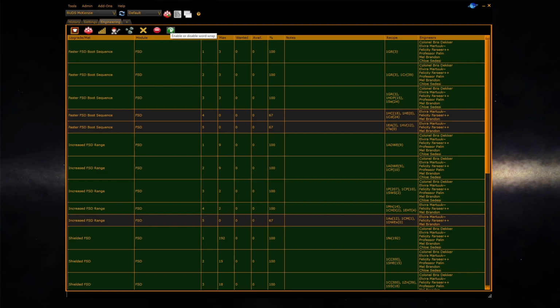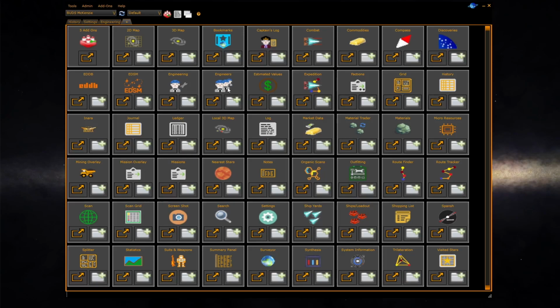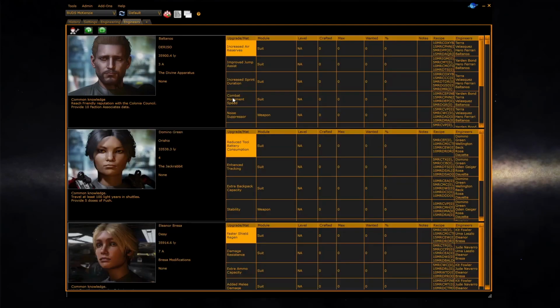And the final one allows you to turn on and off word wrap. The next panel is the engineers panel. This panel shows recipes in engineer order, showing you information about the engineer, such as his name, what system he's